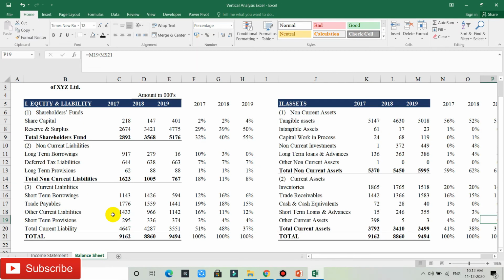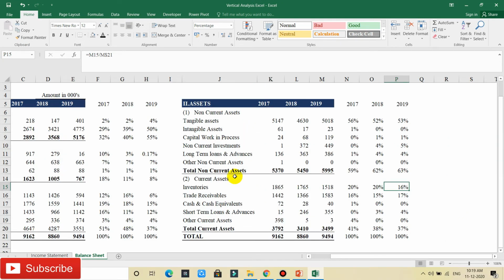So we go to the balance sheet. This is the equity and liabilities side, and we have long-term borrowings somewhere in here, right? As you can see, our long-term borrowings have been reducing substantially over the years. Initially our long-term borrowings were 10% of our total capital employed. Then it became 3% of total capital employed, and then almost 0%. Although it's not 0%, it's 0.17% of total capital employed, but it has reduced substantially. So you can see the comparative effect, right? When it's in terms of percentage, it becomes easier to analyze that way.